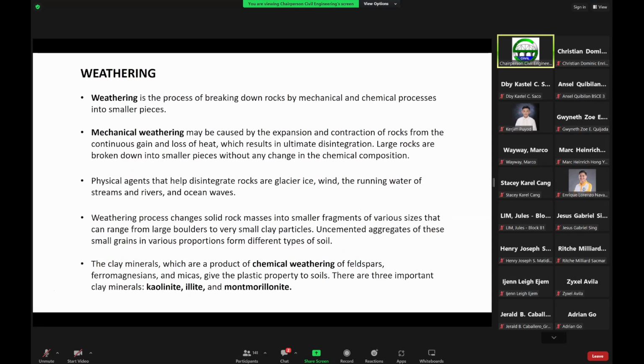Whether they are placed above the groundwater level or below the groundwater level. That's why in practice, when we do geotechnical investigations, we always try to measure the groundwater level as accurately as we can, because the behaviors of soil above the groundwater level and below the groundwater level are very different. They are not the same. So that's why we address these problems